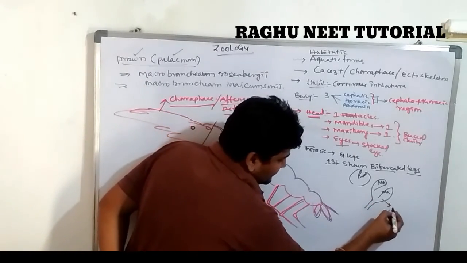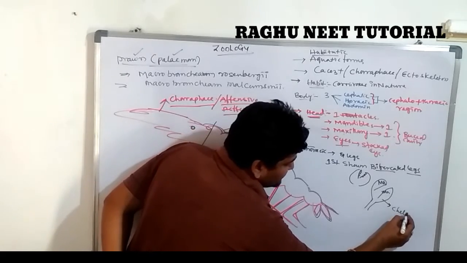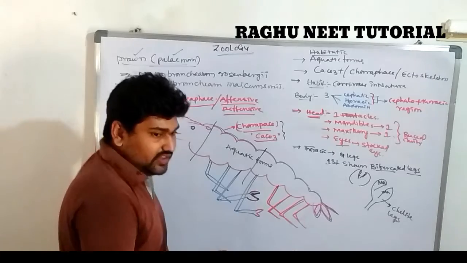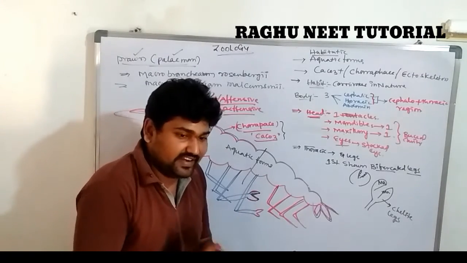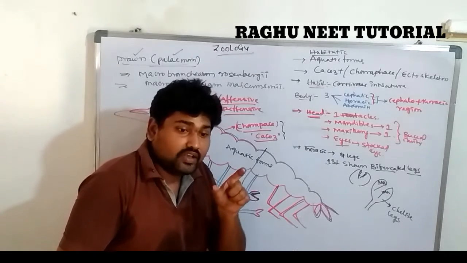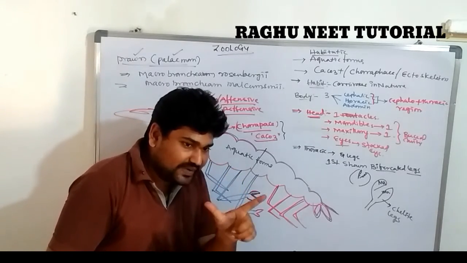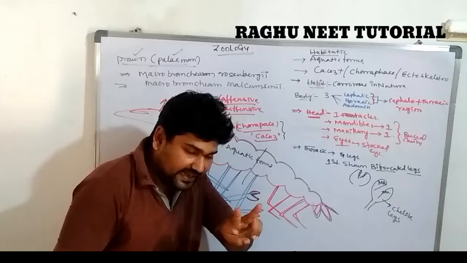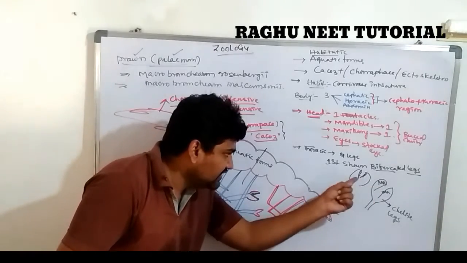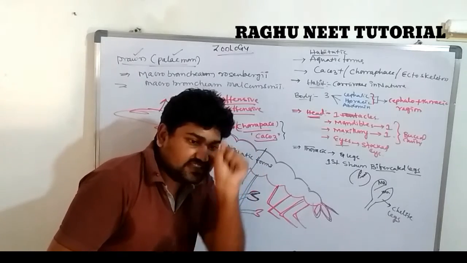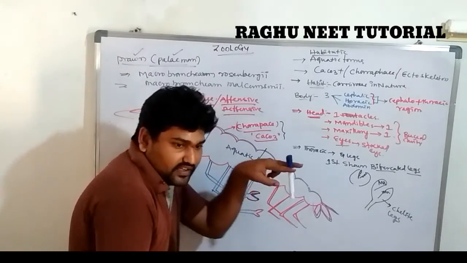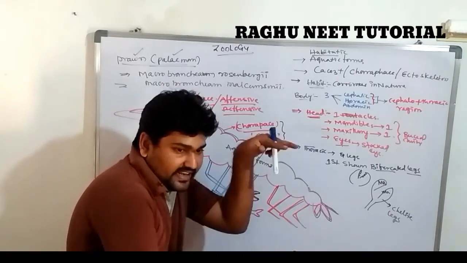So this leg is called a chelate leg. The apical portion of the first pair of legs splits to form a bifurcated leg. It looks like a V-shaped structure. The inner side of the V-shaped structure has chitinous teeth. These teeth are useful for holding the prey.